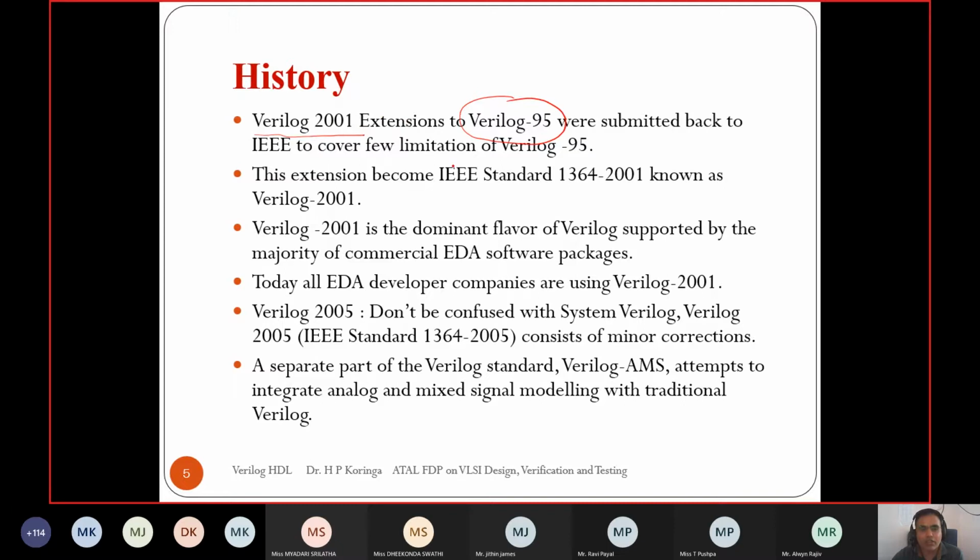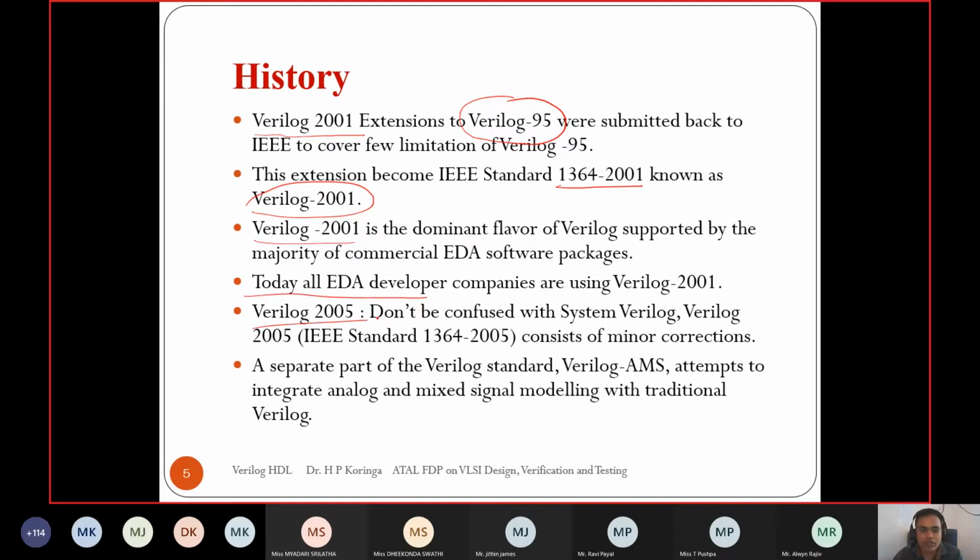A new name was given and it was submitted to the IEEE, and the new IEEE standard extending Verilog 95 is called 1364-2001, formerly known as Verilog 2001. Verilog 2001 is so popular that most EDA tool software packages support it. Today, all the EDA developer companies are using Verilog 2001.